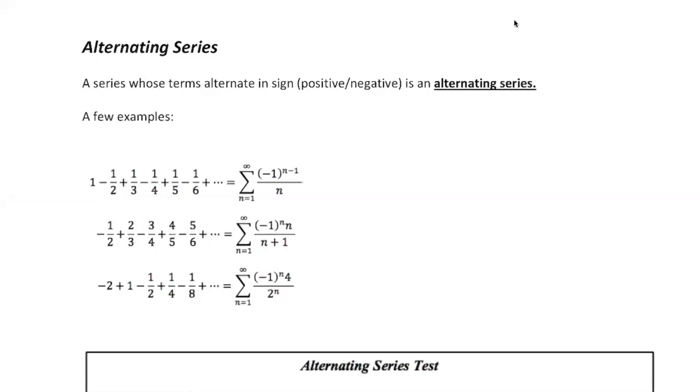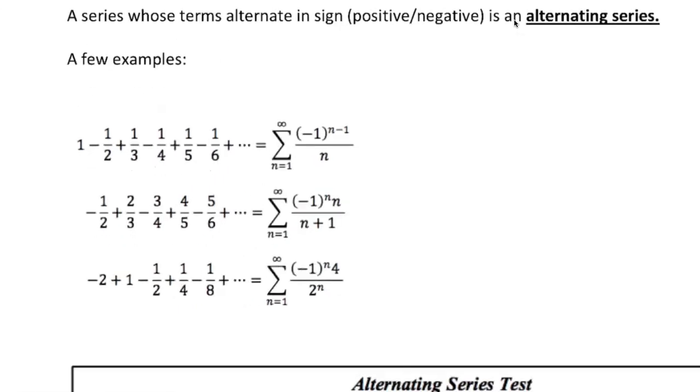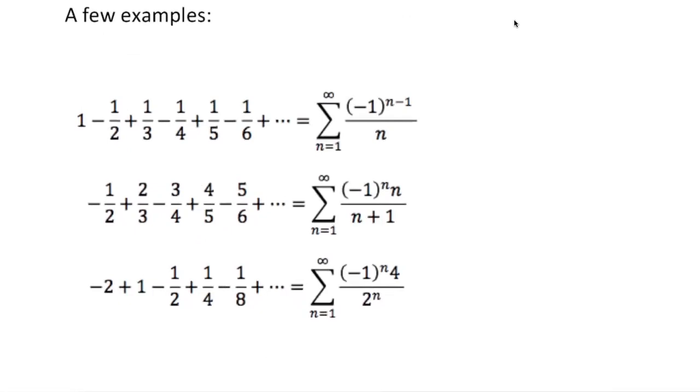Today we're going to talk about alternating series and the alternating series test for determining convergence of alternating series. So an alternating series is going to be a series whose terms alternate in sign, meaning our terms are going from positive to negative, and so on. Now, what we will see whenever we see an alternating series in its general form in that summation notation